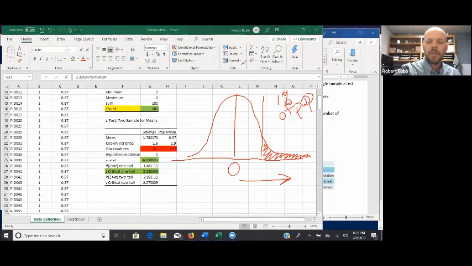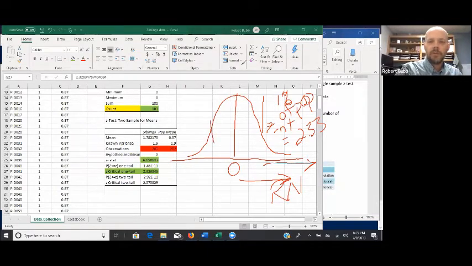That says population there. And so we're going to set that point where that critical region starts at the critical value. In this case, Z critical equals 2.33. So that means anything beyond 2.33 is going to fall in our critical region, and that's where we're going to reject the null hypothesis. Any value that is less than 2.33, so anywhere in this range, we're going to fail